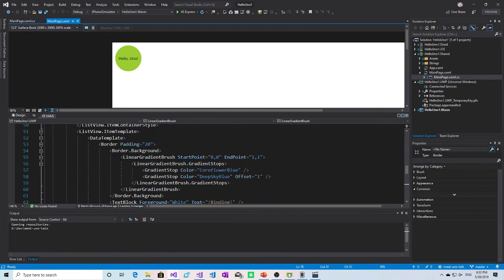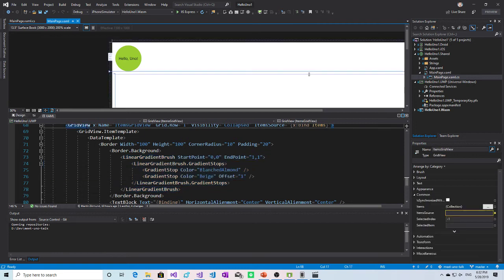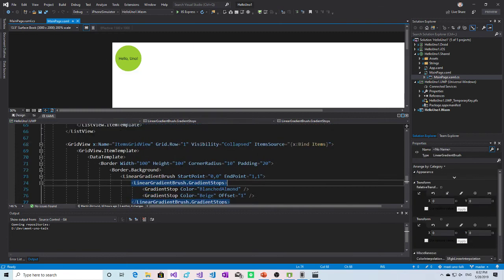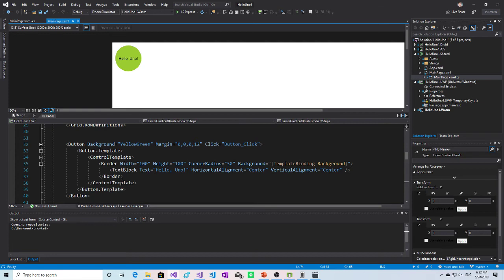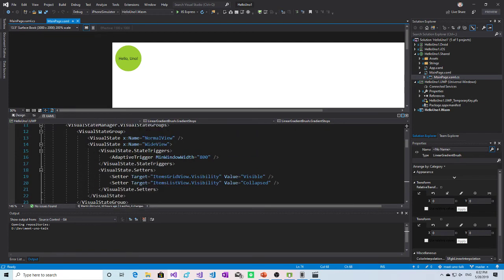And yeah, there is also a grid view, which displays the same thing but as a grid, and it uses a different presentation, different colors as the background. So this pretty much demonstrates all the features of UNO in XAML.